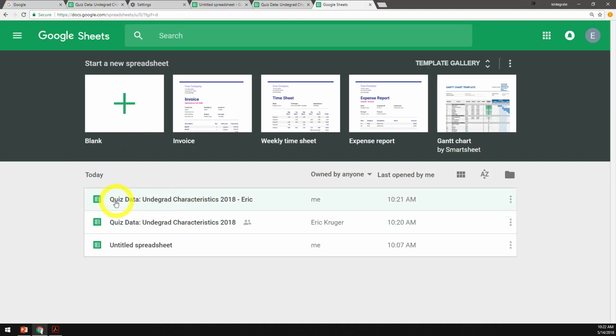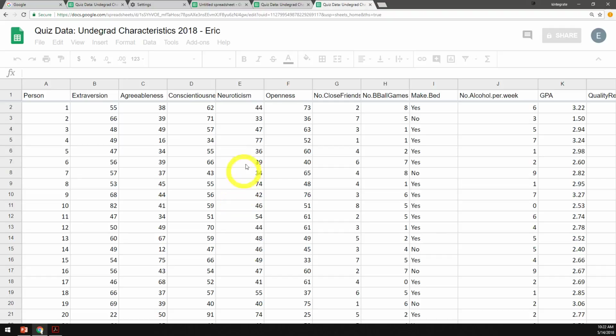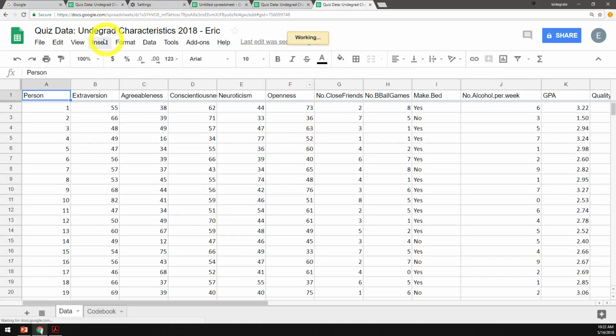And now we see we have this quiz data, Undergrad Characteristics 2018, Eric, in our Google Sheets folder. So we can click on this and it'll take us right to it. Now we have a whole host of different options available to us in terms of performing statistical analysis and doing different things. And we'll get into